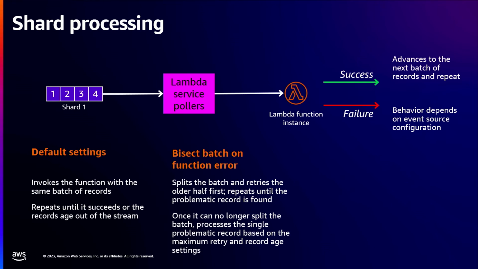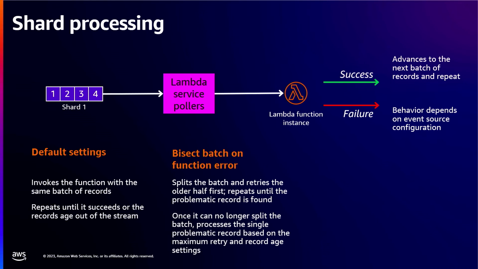So with Kinesis, there's this really cool functionality called bisect batch on function error. In a batch processing failure, which is often caused by a single poison pill record within that batch, this feature basically helps to find that strange record. So what happens is Lambda is going to split the batch in 2 and retry the oldest half of the records first. And this splitting process is then going to be repeated recursively until it finds the 1 record that is causing the failure, and then the rest of the batches are going to process successfully. So it allows you to hone down onto that message.